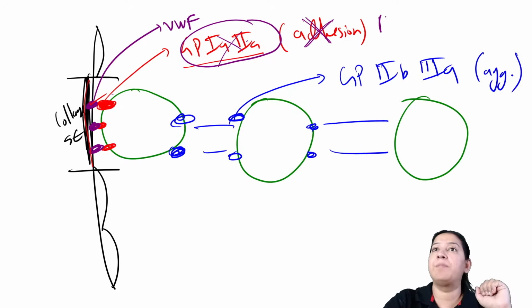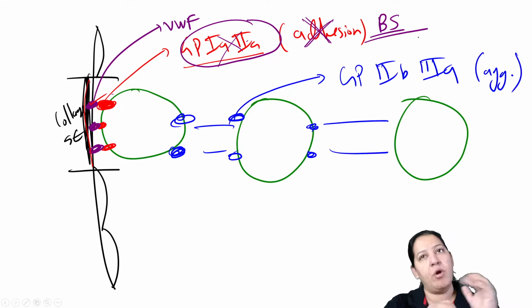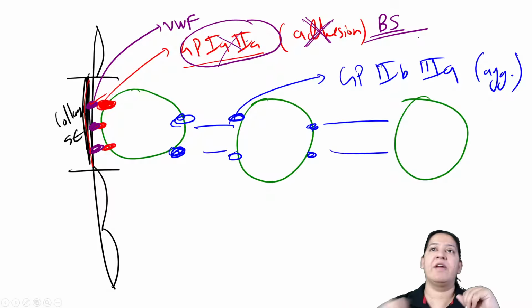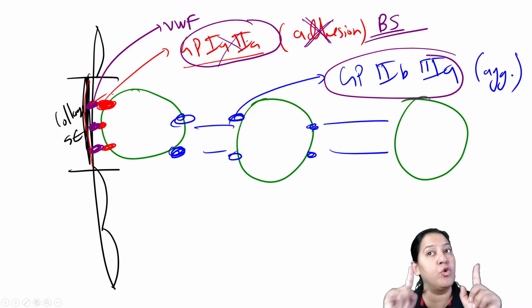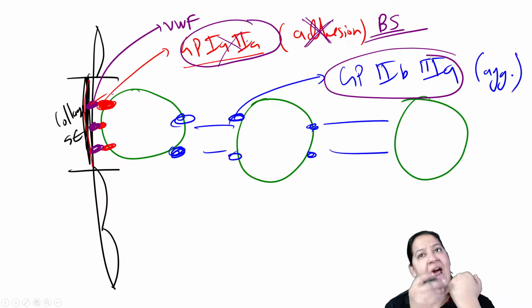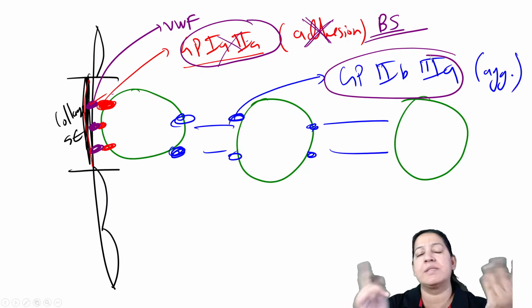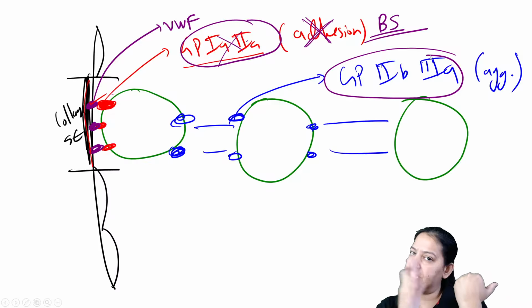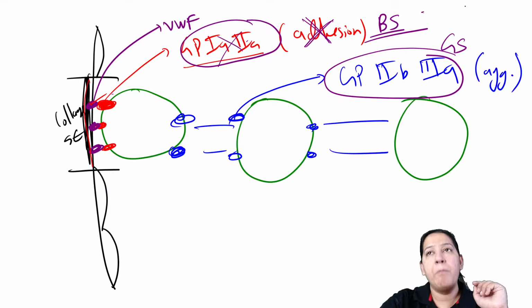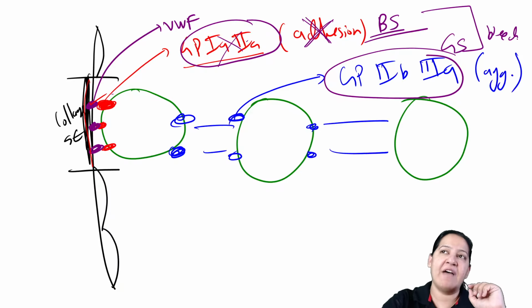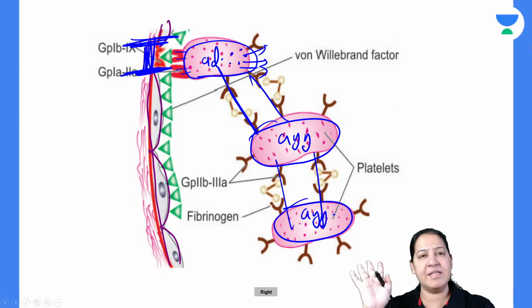The disease is known as Bernard-Soulier syndrome. And imagine the other way around. If the receptors GP2B3A are defective, and I am having a cut, adhesion will take place, activation will take place, but aggregation does not take place. So only one row of platelets is formed, the subsequent rows cannot form aggregation. And this disease is known as Glanzmann syndrome. Both the patients bleed too much. They have excessive bleeding. Have you got it? The complete summary. Have you got it?